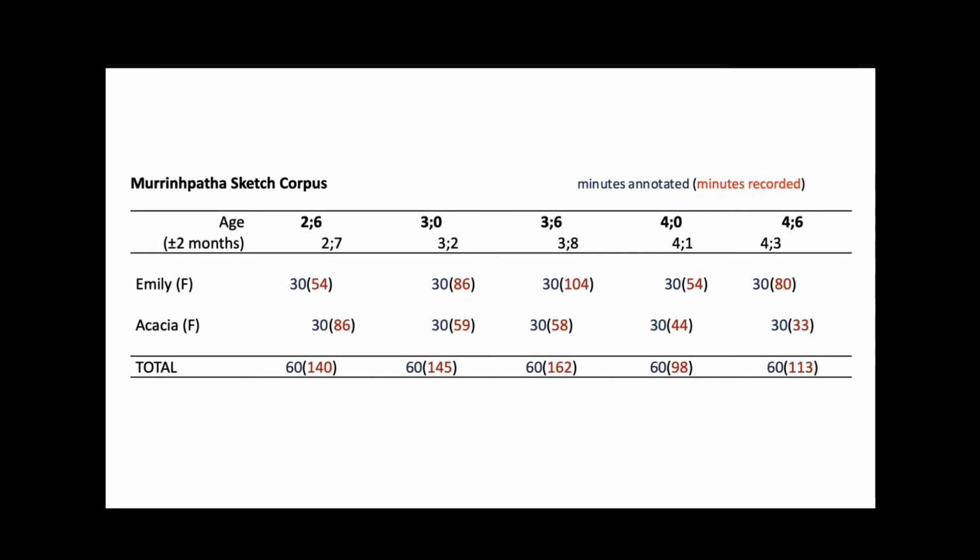And roughly, not exactly. I will point out something that I'm not happy with, but we're going through with it anyway. If you look at the final columns for Emily, we've got a recording of her at 4 years and 1 month, but for her 4.5 time point, she's actually 4 years and 3 months. That's not great. It's outside of the 2 months buffer. But we decided it's valuable enough to have 2 children longitudinally that it doesn't really matter.